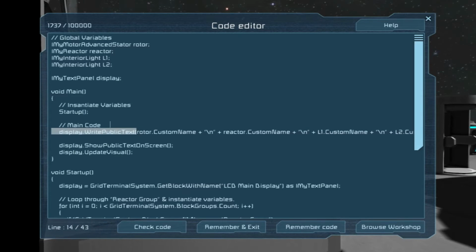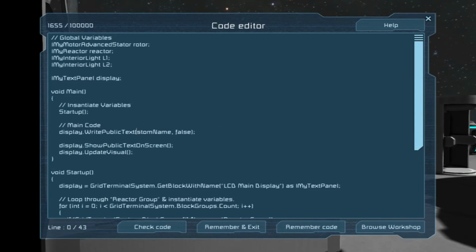But what I want to display is something else. What I want to display is two things. First, we need the rotors, or not the rotor, reactors, detailed info, and we'll make a new line. And actually, we'll make two. Let's separate it a little bit. Then I want something a little different. Now, rotor, if I do detailed info, we can show this off just for a second.